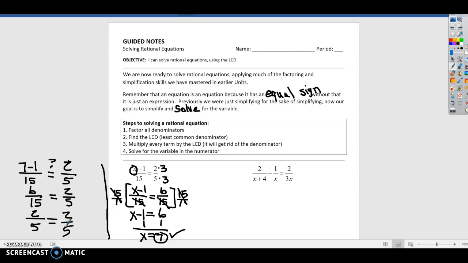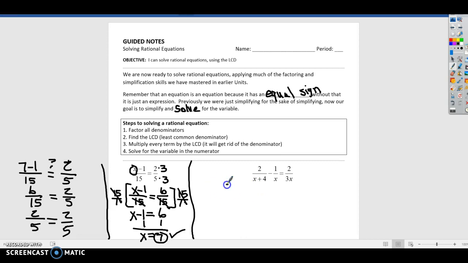Alright, let's look at the other one over here. Alright, x plus 4, x and 3x. These have 3 different denominators, and we have to have a common denominator all the way across. Alright, so you can't just assume this x is the same as this. This is x plus 4. So we actually,